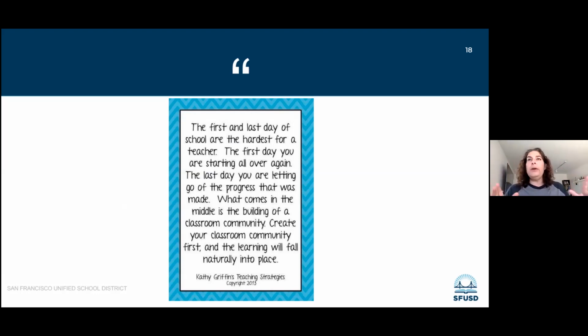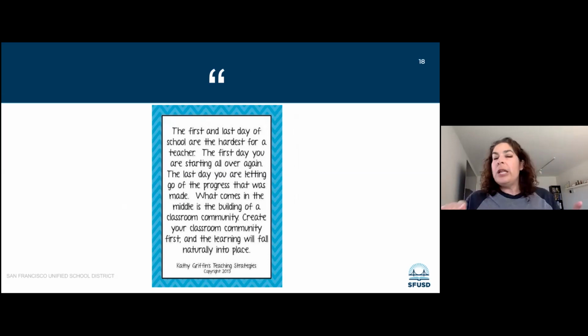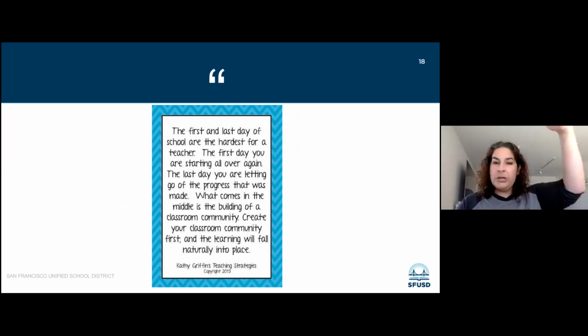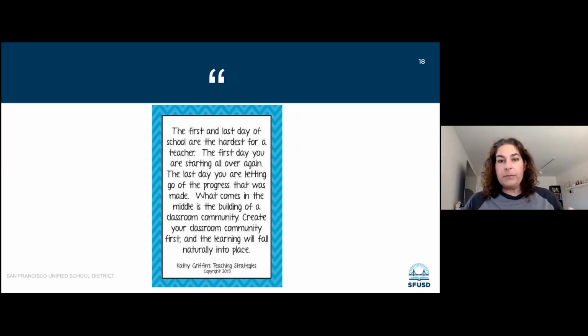And the point I want to make here is that we don't have to build it tomorrow, and it doesn't have to be done next week all of a sudden, right? We build community, and our relationships with our students ebb and flow throughout the whole year. So don't rush it. Give yourselves the grace that you need to build that community slowly, just like you would in the regular classroom, and recognize that it will be different this year, but it's going to work and it's going to happen.